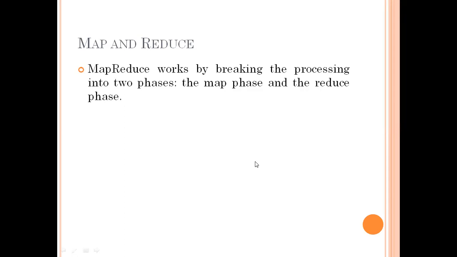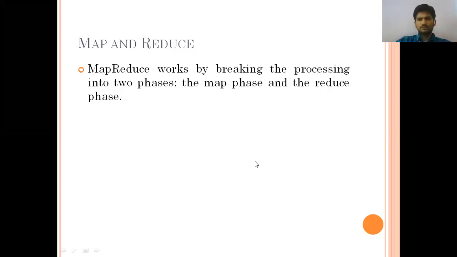Can anyone remember what it will do? We did the word counting program, these are some examples. Then what will it do? Have you observed? So the input is given. The input goes through input splitting. Then later it goes to the mapper function, that is the map function. There we are going to use keys and values.